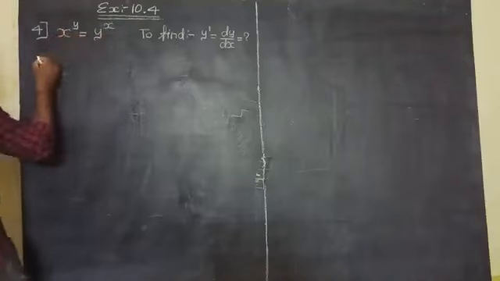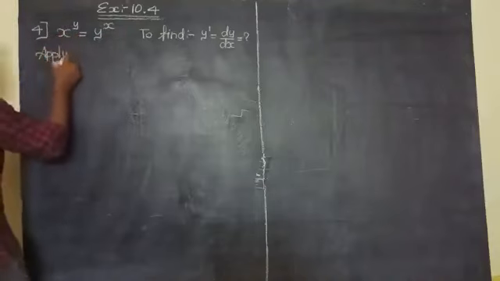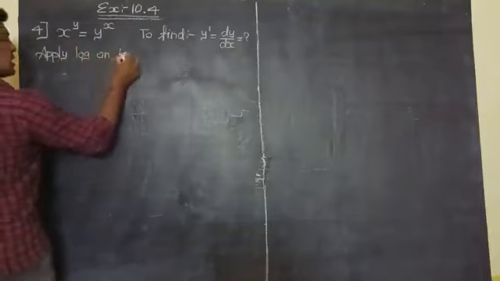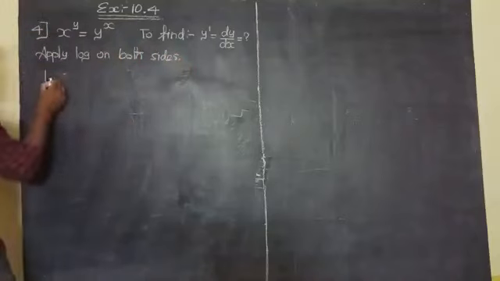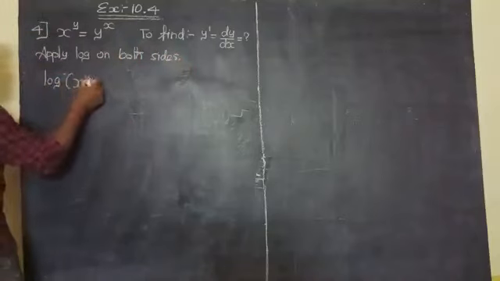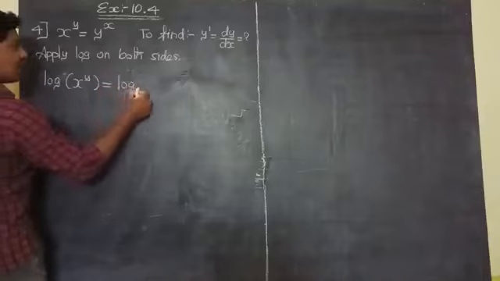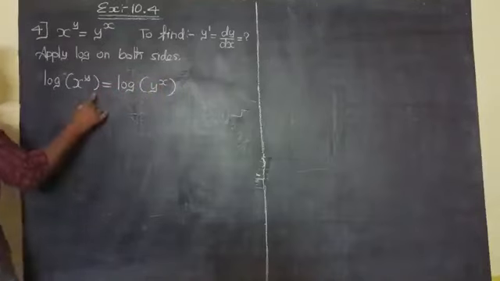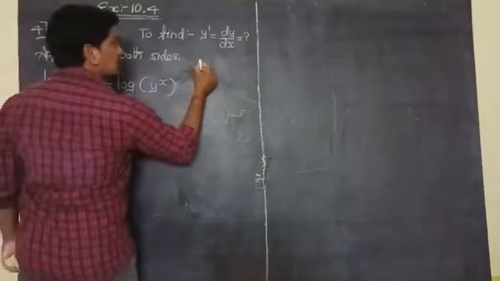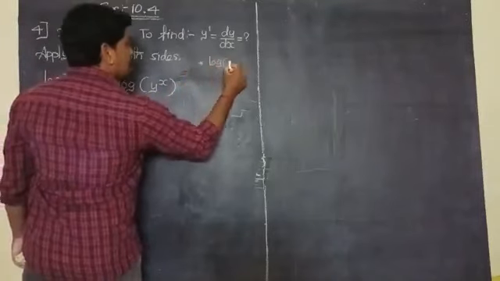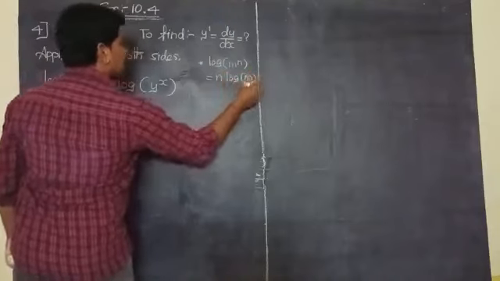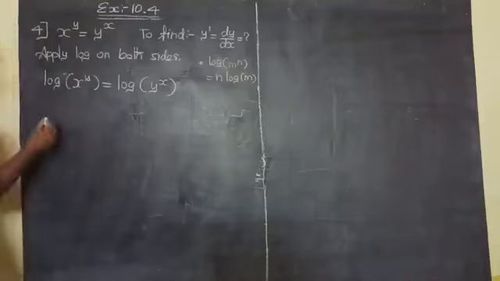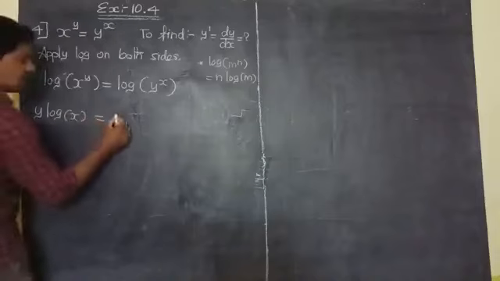Apply log on both sides, that is log of x power y, which is equal to log of y power x. Using the power rule, log of m power n can be written as n into log of m. Similarly here, that is y into log of x, which is equal to x into